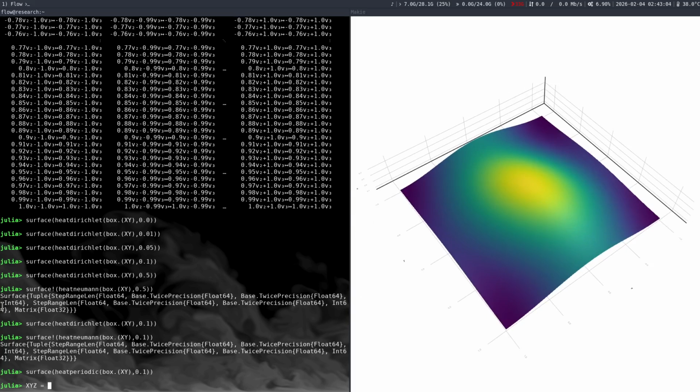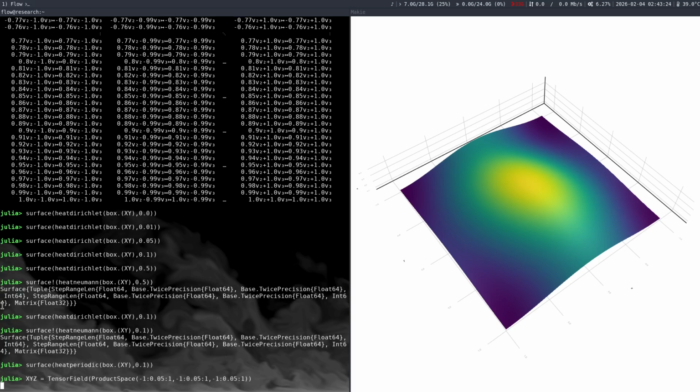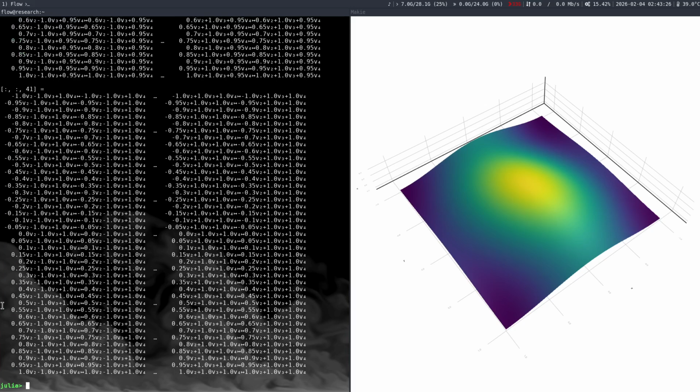And we can try it in 3 dimensions as well. So we'll set up a XYZ space. And then